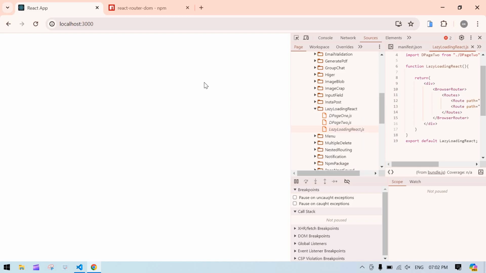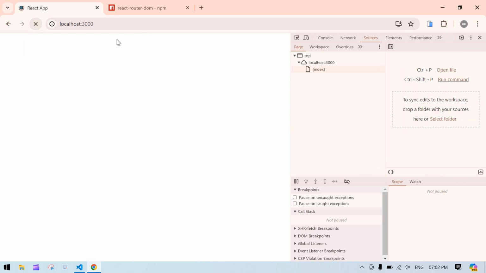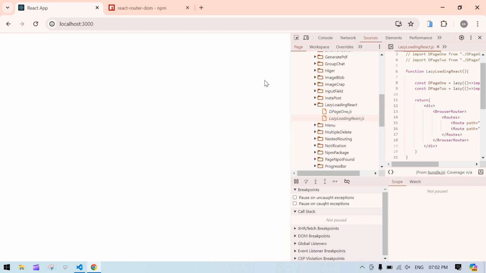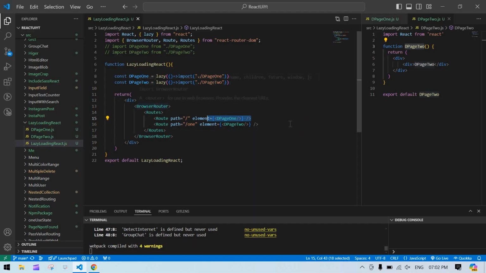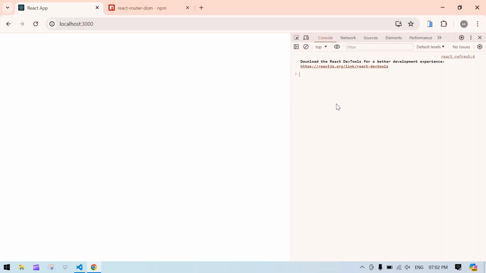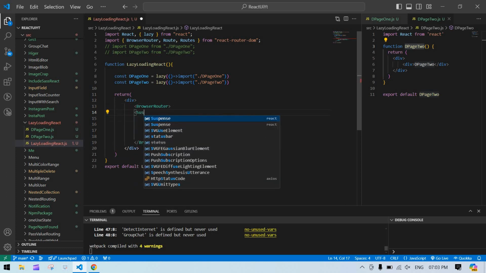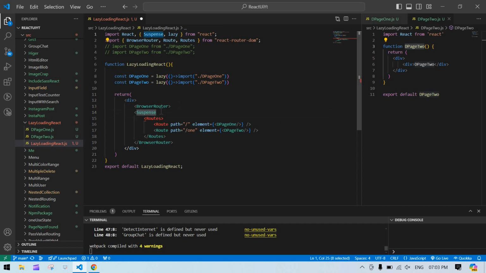We'll see. Right now this folder is open, right? I just long press reload and empty cache. Right now I'm in this folder. Let's reload this. Nothing is rendered, because when we implement lazy loading we need to add Suspense. Suspense is from React. Just close this one, cut this,